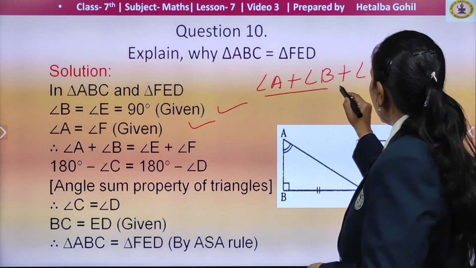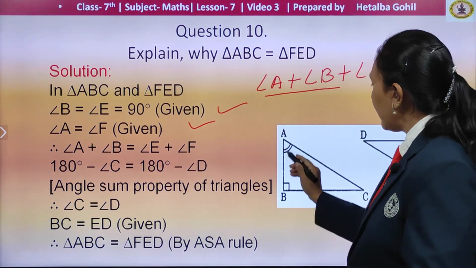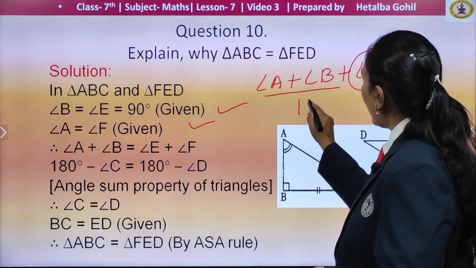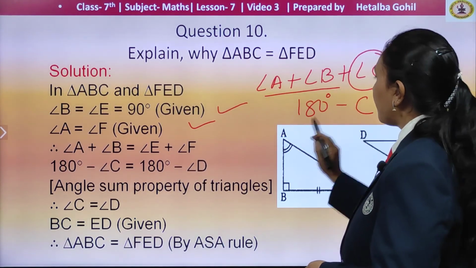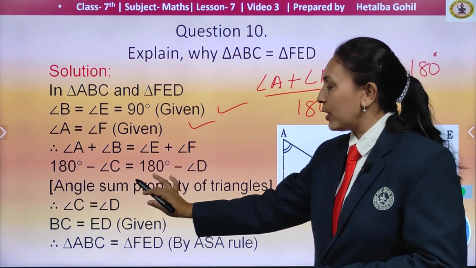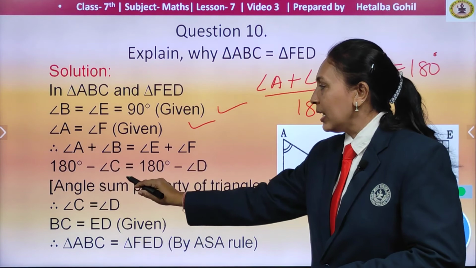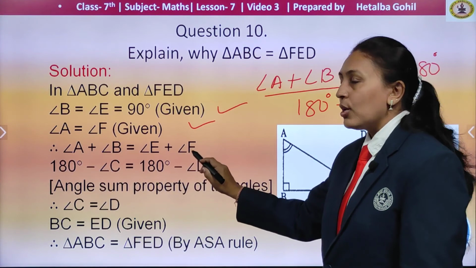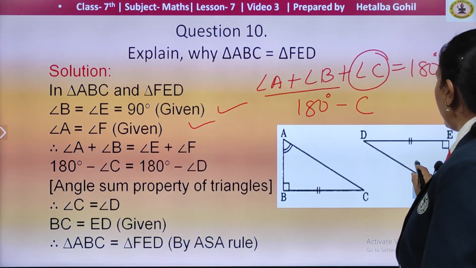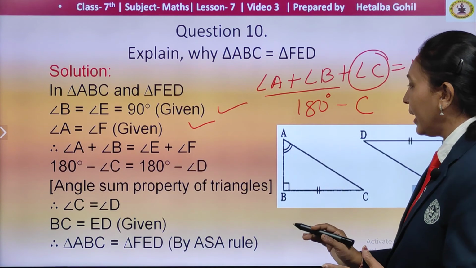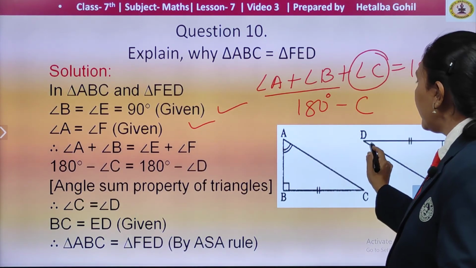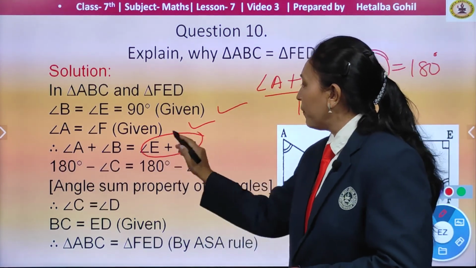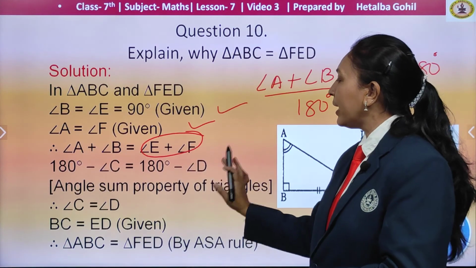Now, this A plus B already we have here. So, if I want to find C, that means 180 minus A and B I will take, I do not know what the measure of C is given to us. So, 180 degrees minus the sum of A and B, I will get C. Similarly, in triangle DEF, whereas angle sum property, it is 180 degrees. That means if E and F are given, then D will always be 180 minus their sum. These two we have the measurements, okay, they are congruent, so only D we have to find.